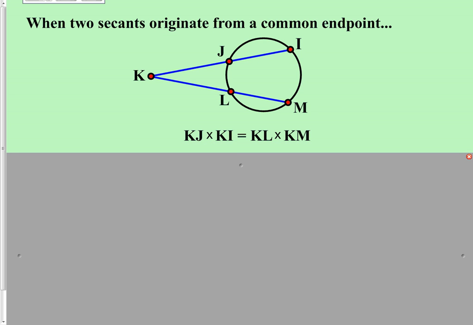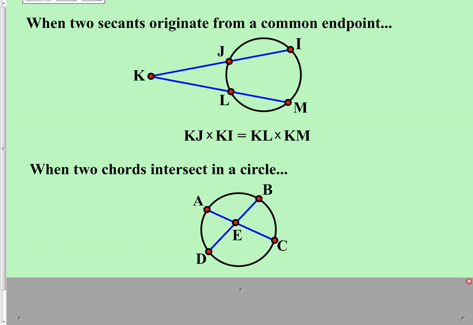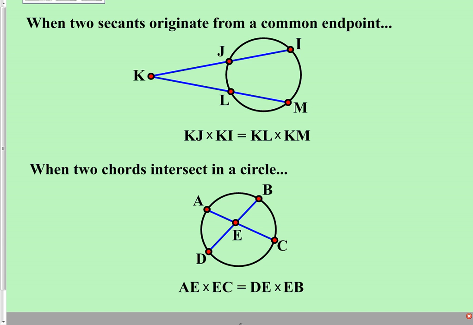If you understand the relationship going on with the tangent and the secant, then you should understand the relationship going on with two secants, because it's exactly the same thing. When it comes down to lengths, we're going to go on one secant and say, what is your length to your first intersection with the circle, and what is your length to the second intersection with the circle, and we're going to multiply them. And that should equal, on the other secant, your length to the first intersection with the circle and your length to the second intersection, and we're going to multiply those as well. And again, pay close attention to getting your secant information plugged in correctly,